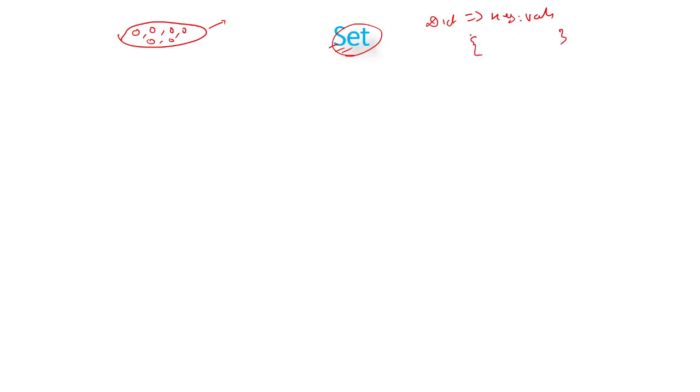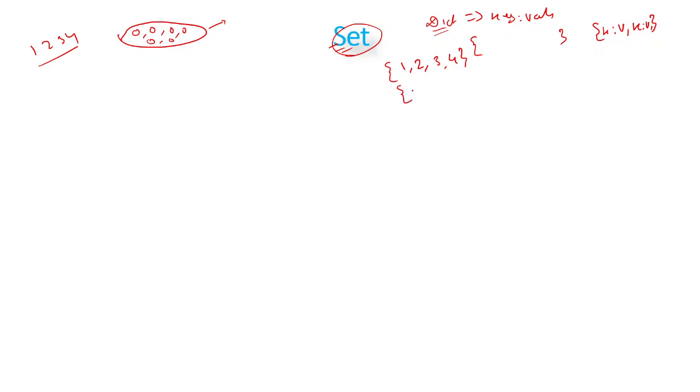Okay, so what is the difference between a dictionary and a set? A dictionary also we initialize with curly braces, but inside the dictionary we provide key value pairs separated by a colon. So we will see key, then colon, then value, then comma, then key, colon, value, then comma. But inside a set we just provide the value. Suppose we want to store 1, 2, 3, 4. This will be stored inside the set within curly braces: 1, comma, 2, comma, 3, comma, 4, something like this. But if it were a dictionary, it will be stored something like this.